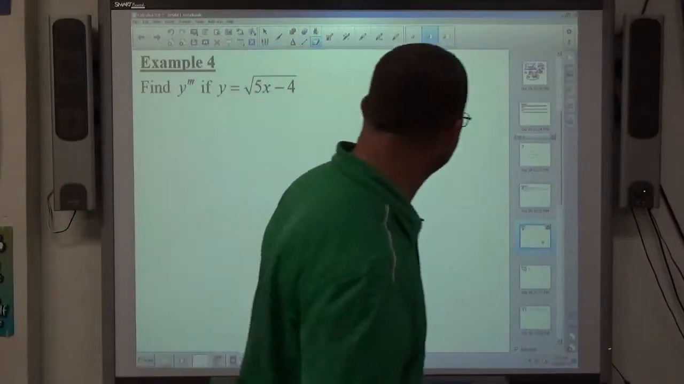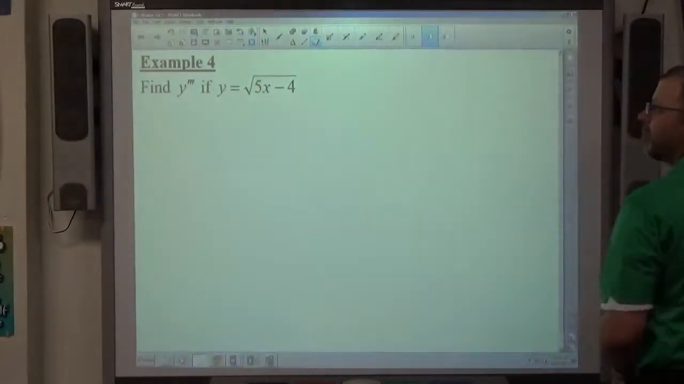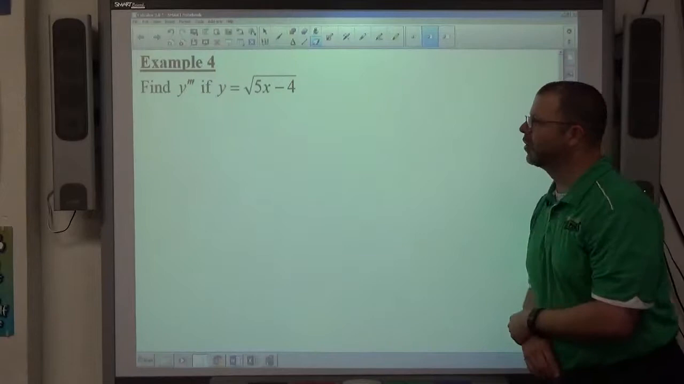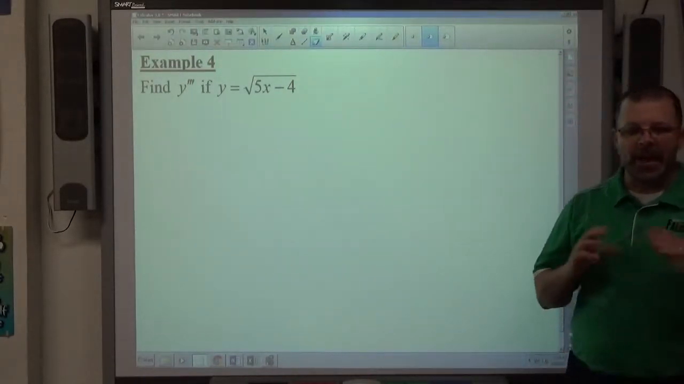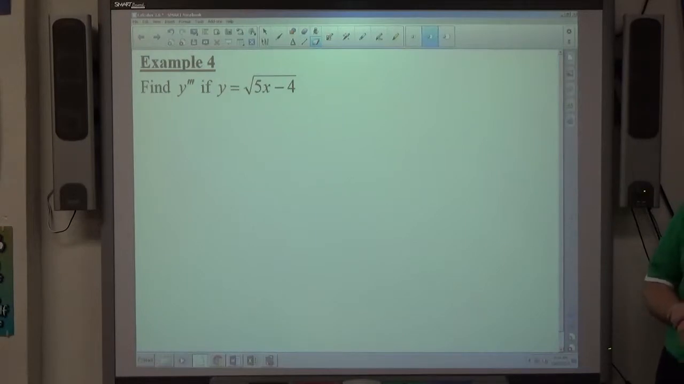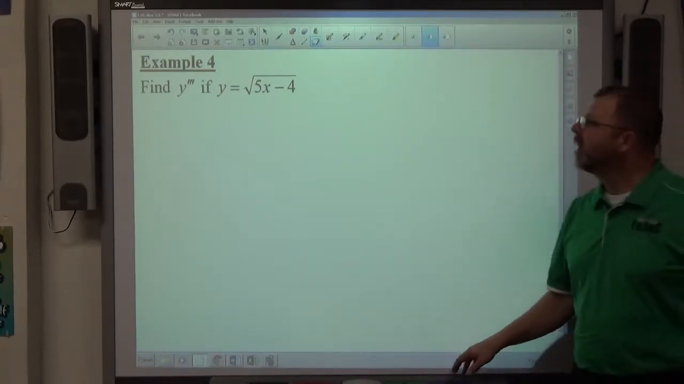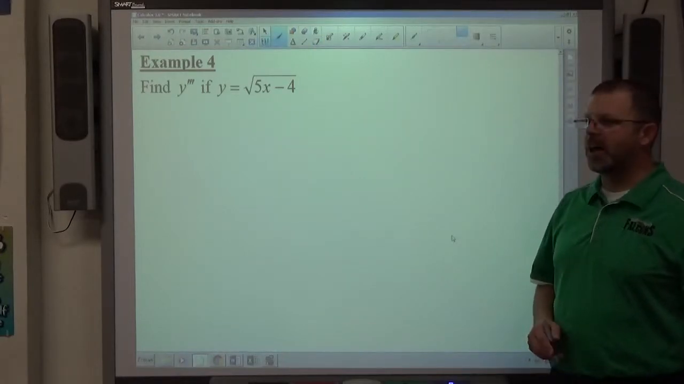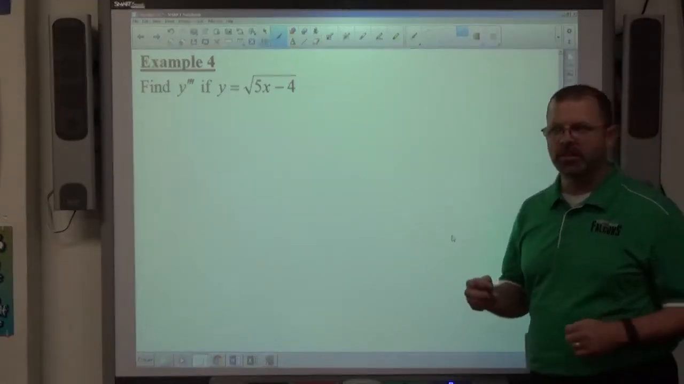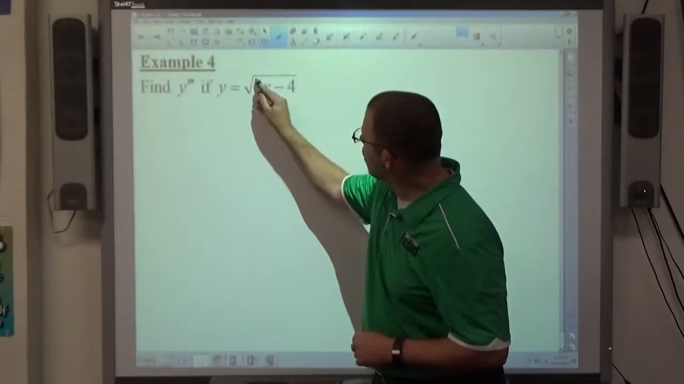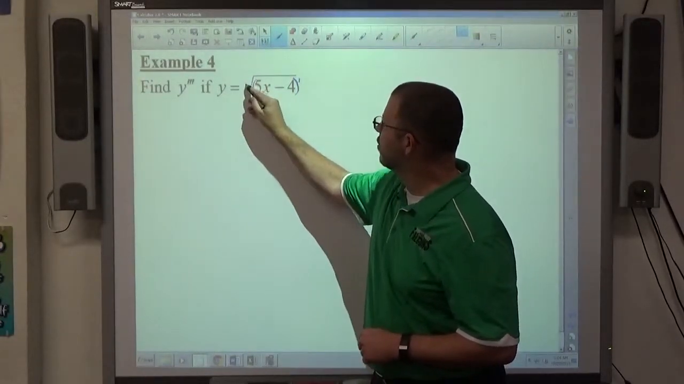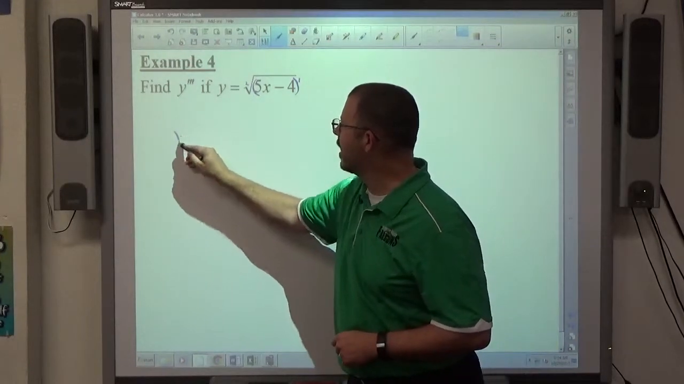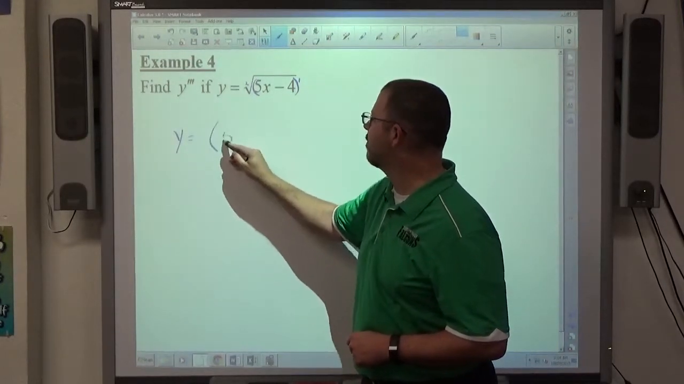Example 4, it says, find y prime prime prime of 3, the third derivative, if y equals the square root of 5x minus 4. And as always, as I've been harping on since section 3.3, structure is the key to establish how you're going to differentiate. We don't want to differentiate radicals, we'd rather differentiate powers. So 5x minus 4 is the radicand, raised to the first power. This is the square root, so officially this is y equals quantity 5x minus 4